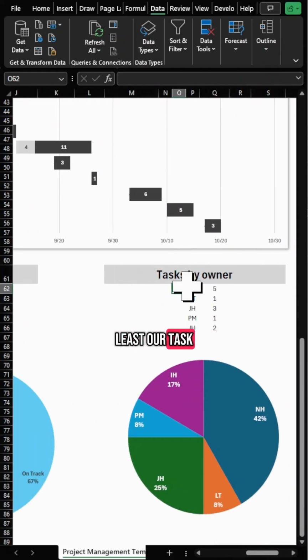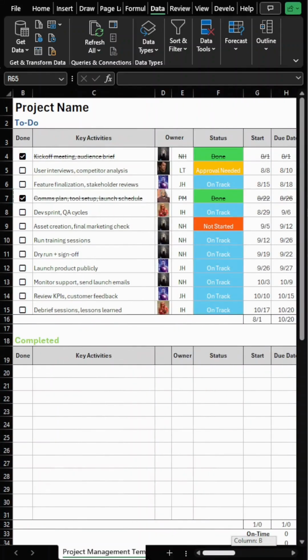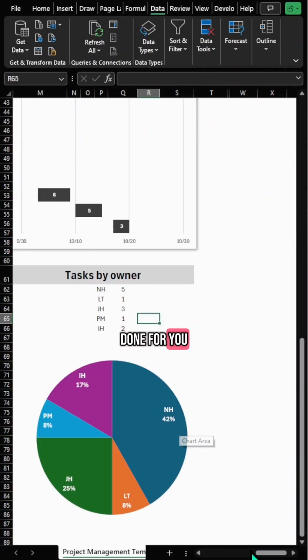Last but not least, our task by owners. This is the unique formula. So it's going to pull any unique initials out of that list. If you add owners to your list, you will need to insert some rows here to accommodate that. That's the overview. Everything's pretty much done for you. So it's a plug and play